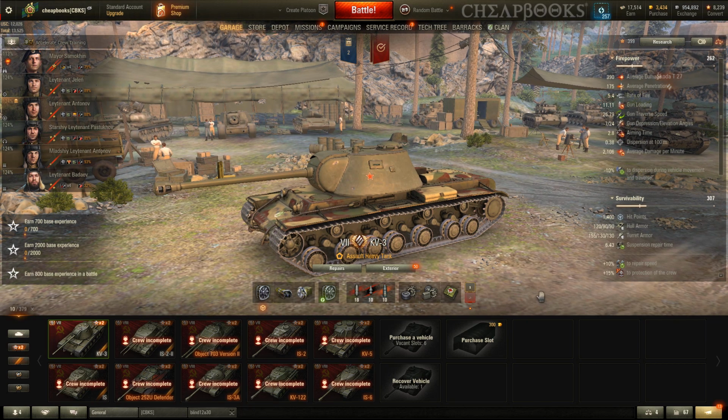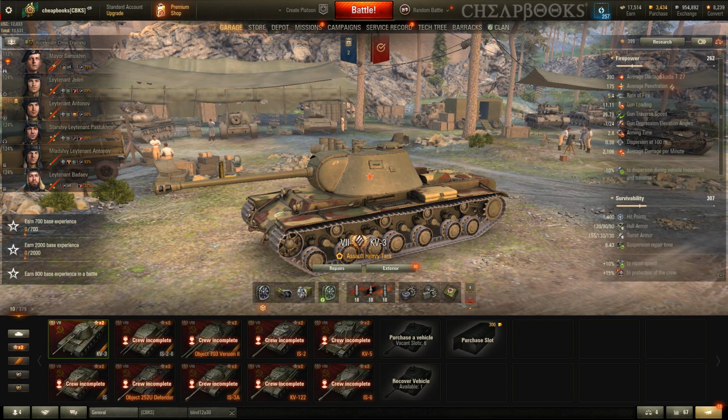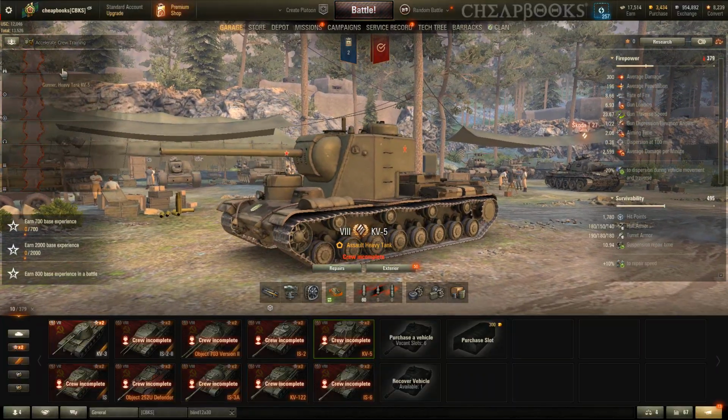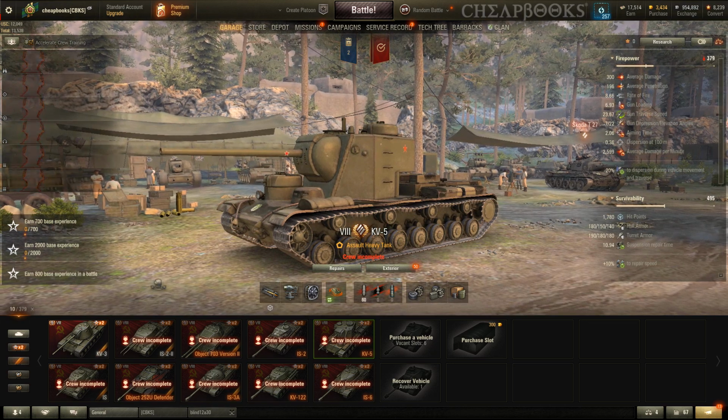World of Tanks, how to transfer crew. There's two ways to transfer crew in World of Tanks. One is to move the entire crew all at once, and the second way is to move each crew member individually. So to move them, for example, into this vehicle, which is a KV-5, which has empty crew slots from